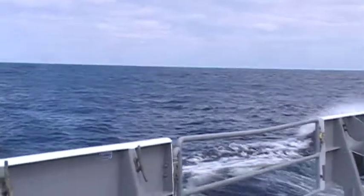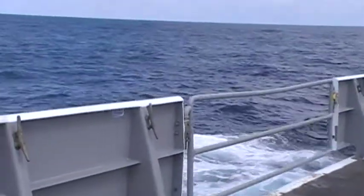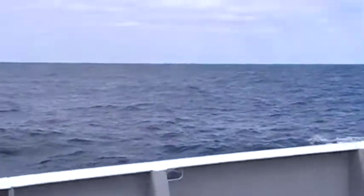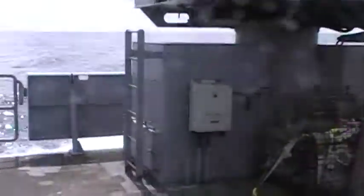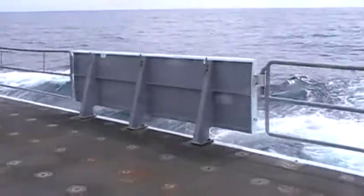This is what the sea was like the first couple of days. It was just waves and waves and waves. And then we hit a big swell and we'll go up, and then we'll go down, and then we'll go up, and then we'll go down, and that's why I was pretty violently ill. I only vomited a couple of times. I'm pretty sure Tom did that a few more times than I did. But over here on the starboard side,